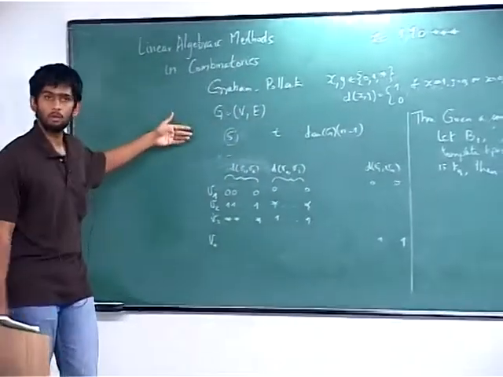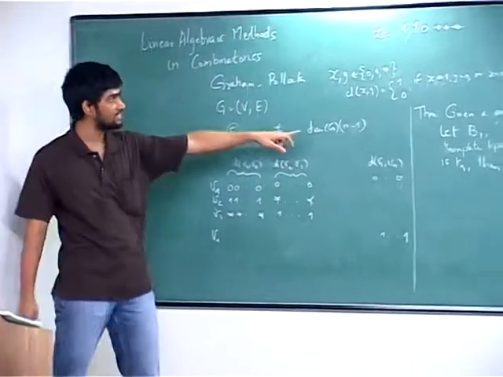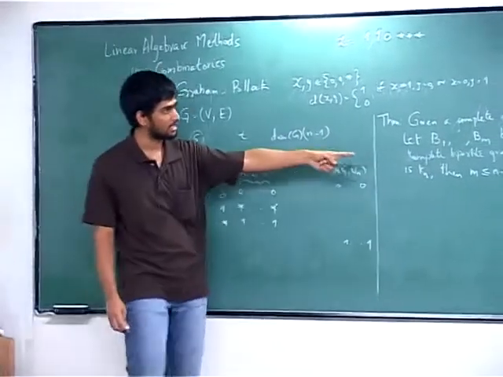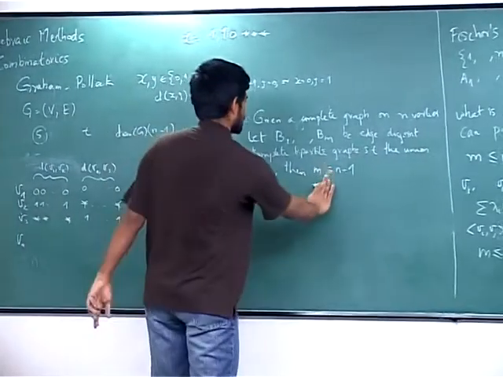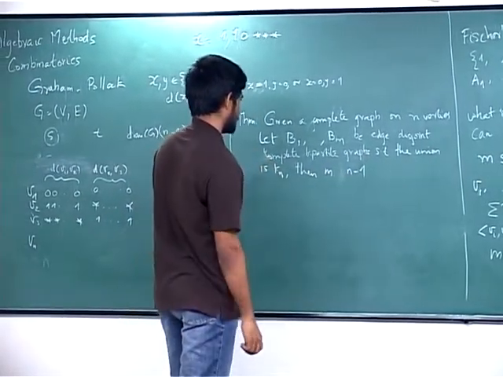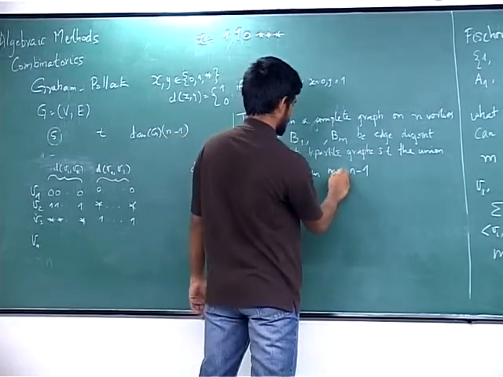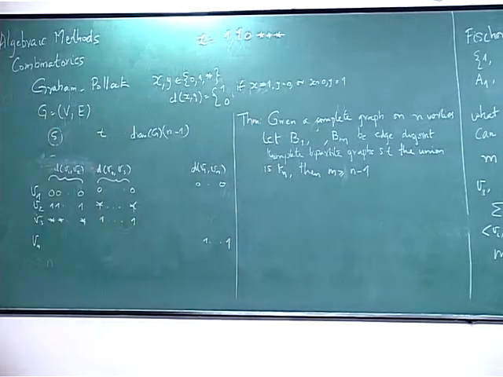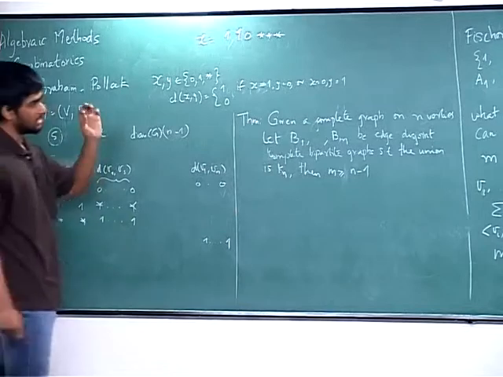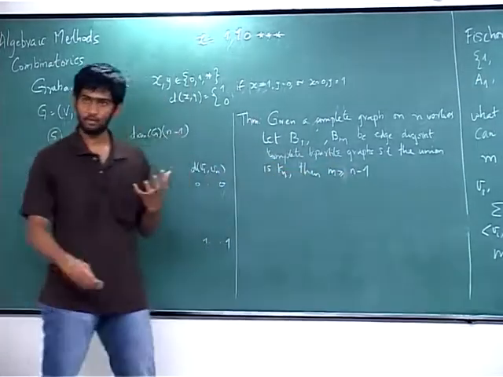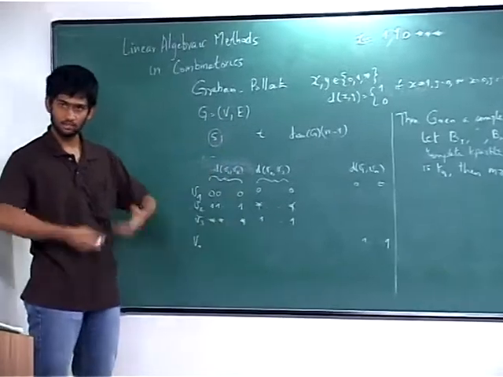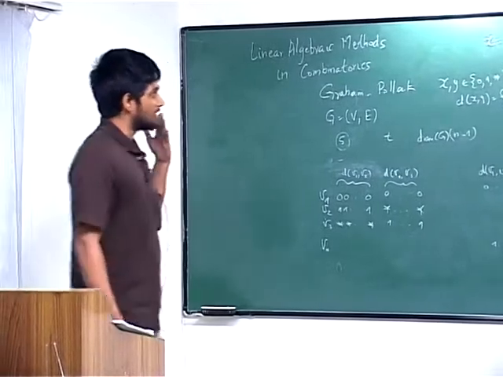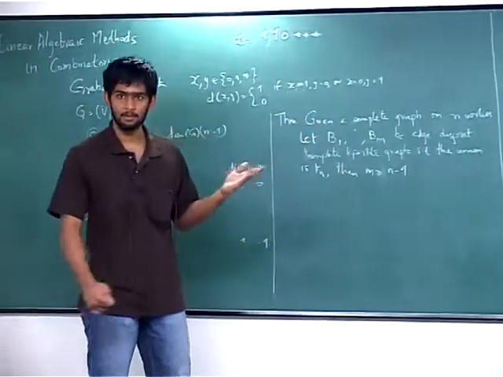And how can I prove a lower bound? I mean, how can I show that you need at least so many of them? If I can show a graph for which the squash cube size has to be at least, oh wait, this is not correct. So if I can find a graph where the squash cube size is at least so much, then that is what I want. I want to say that you can't do much better than this. So there is some graph for which you need so much, so you can't hope to do better, right? So the claim is that the complete graph on n vertices is the example for which you can't do much better.